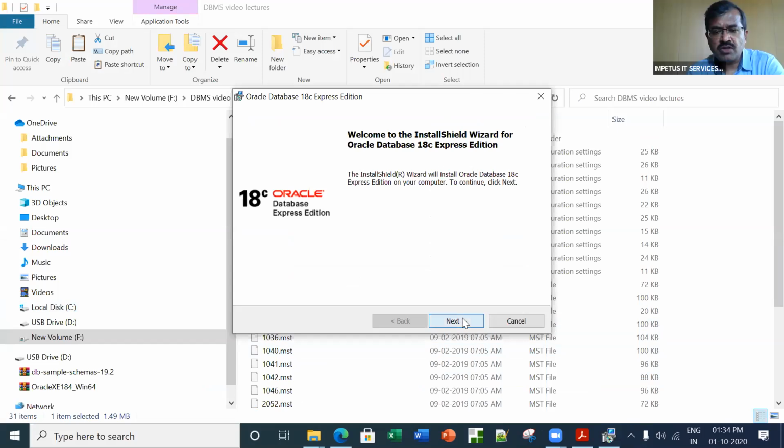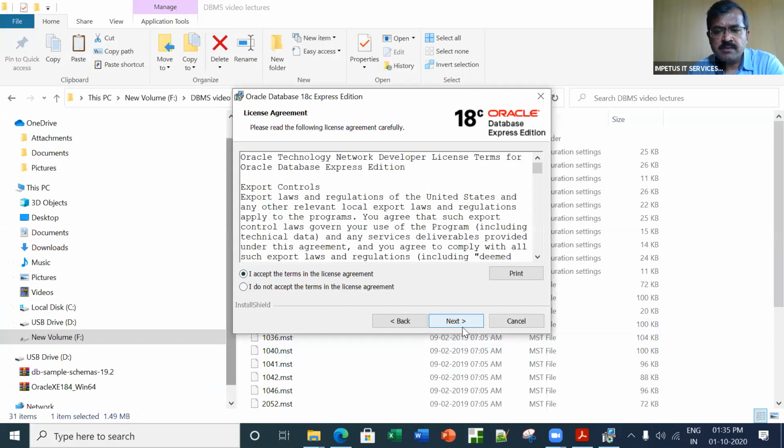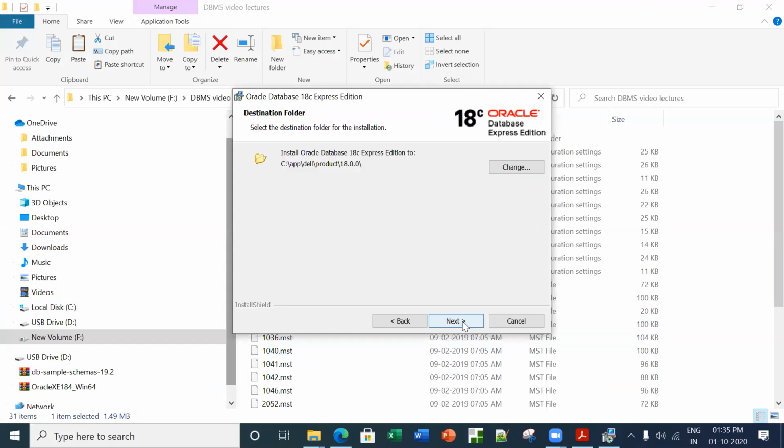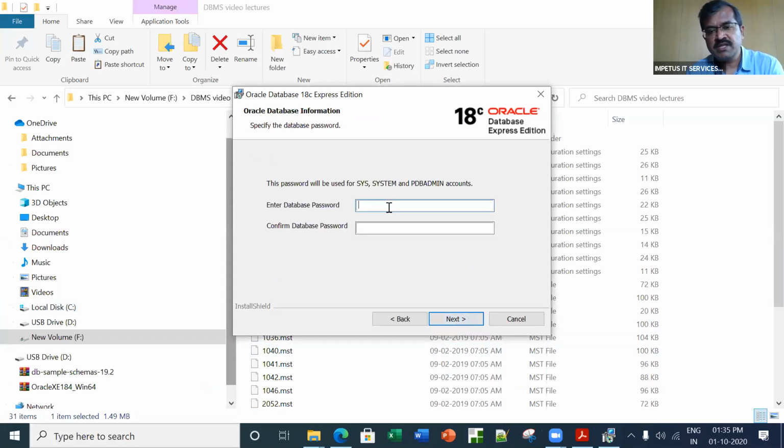So let's start with the installation. There is nothing much. For everything, we just have to say yes. In between, it will take some time. Let it take its own sweet time. Doesn't really bother much. Now, this password is something that you should not forget. The safest thing to do is to enter the password as root, so there is no question of you forgetting what the password is, because root is such a common password for so many things. So I am entering the password as root. Or enter your name. Enter a password that you will not forget. So that's one thing that you have to take care of.